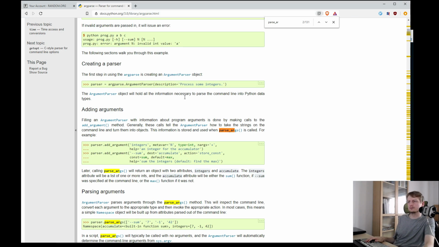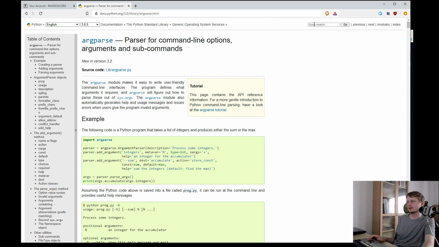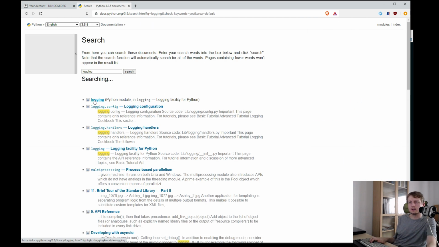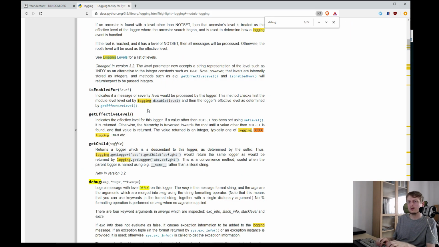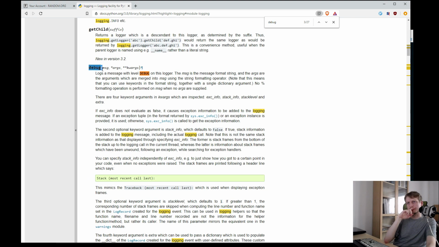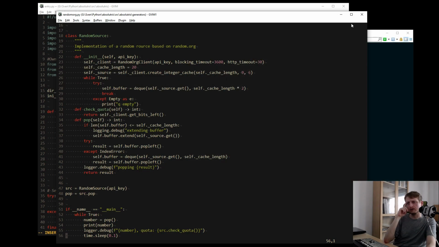I need to see about the Python logger thing. Logging debug, that's the levels. Okay, so I'm invoking it correctly. I'm invoking the log at debug level.